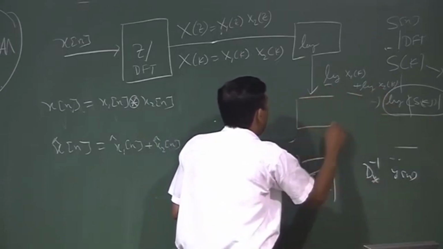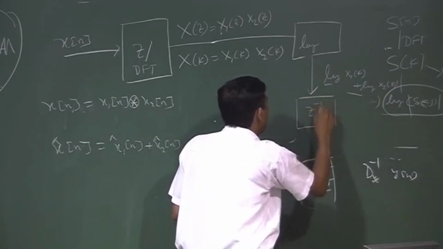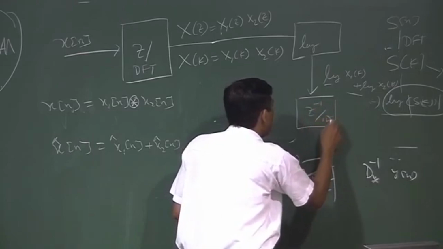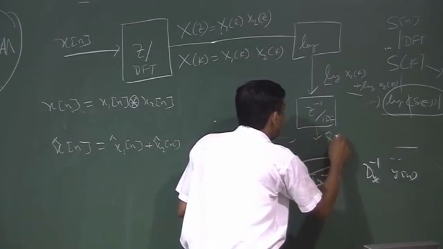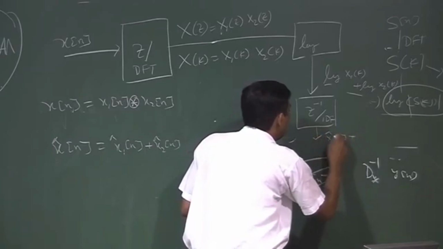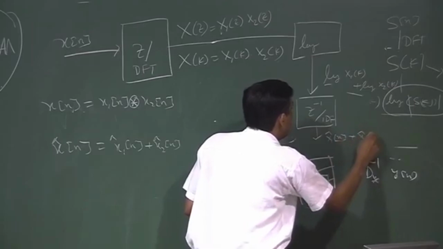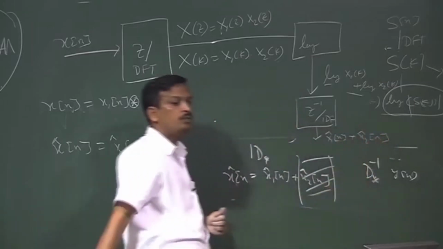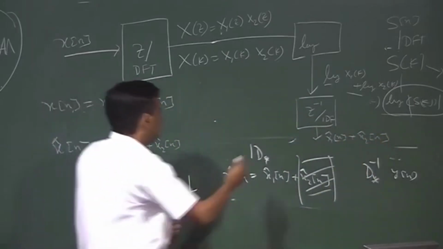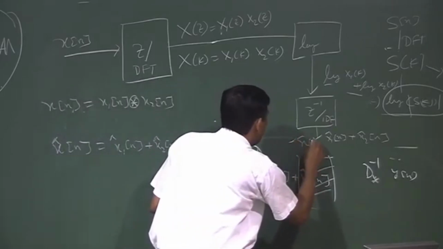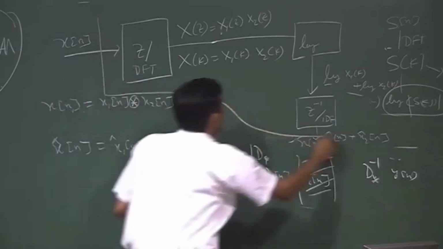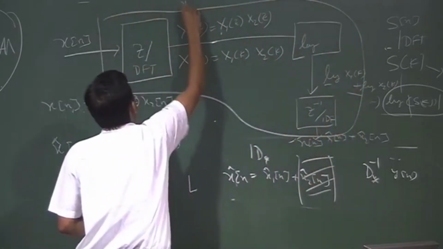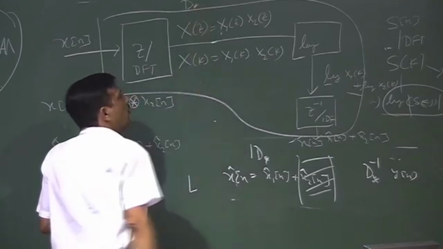Now I apply the inverse Z transform or IDFT, so I get x1 cap n plus x2 cap n, which is nothing but x cap n. So I can say this whole system can act as D star, which is nothing but a homomorphic system